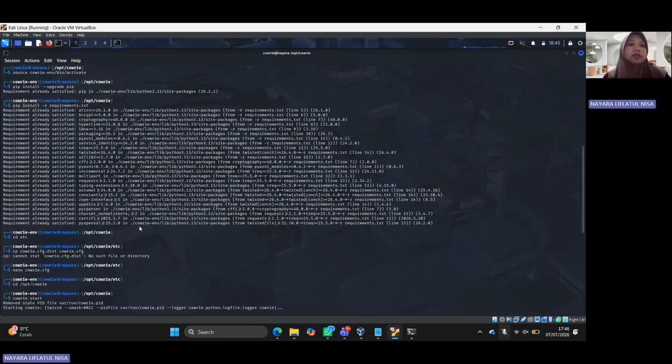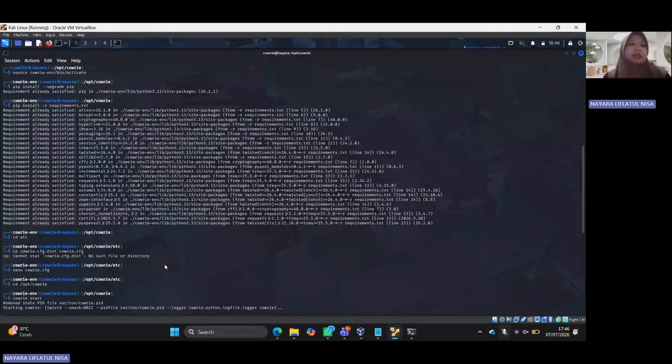After that, I configured the Cowrie settings by editing the configuration file and then started the Cowrie service. The message starting Cowrie confirmed that the honeypot was successfully launched and is now ready to monitor and record incoming connections.